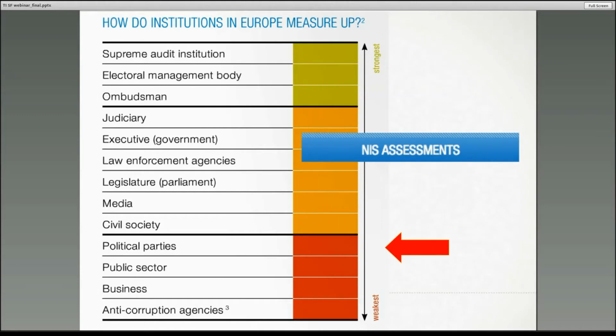the database of the International IDEA that catalogs political finance laws tells us that only half of the countries require reporting from both parties and candidates. And in more than 25% of the states that do so, there's just no requirement for this information to be made available to the public. And needless to say, online reporting or electronic reporting is not on the radar of even the most progressive countries.